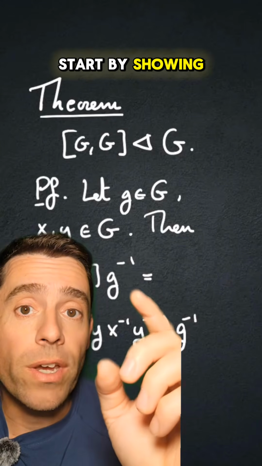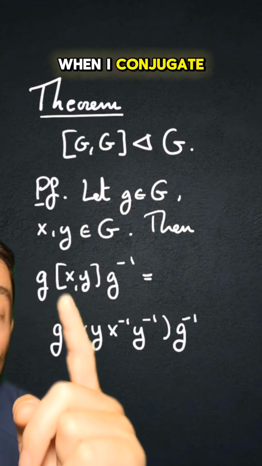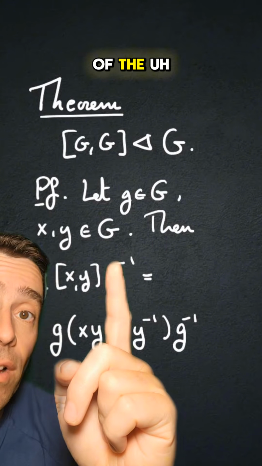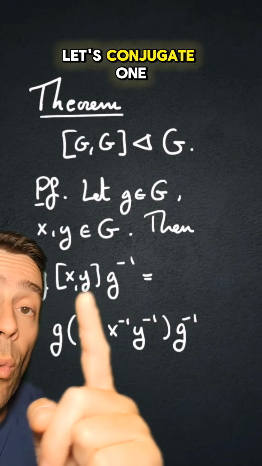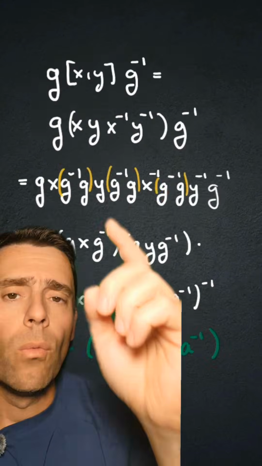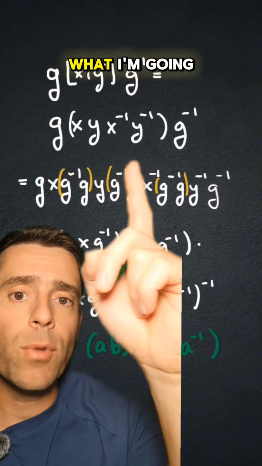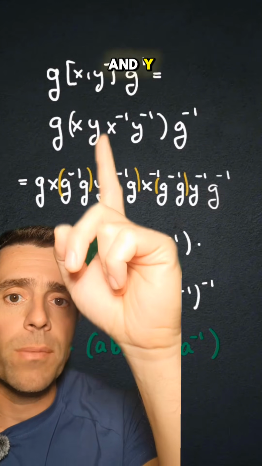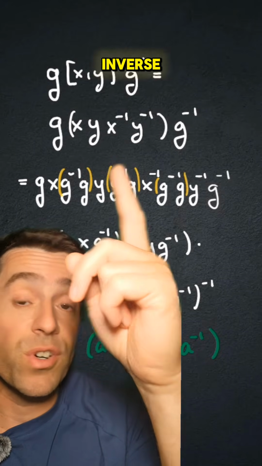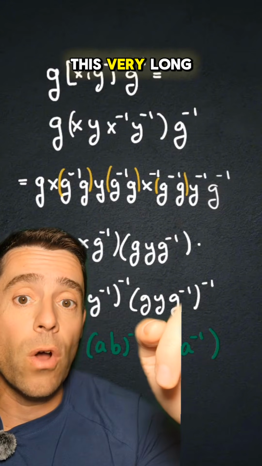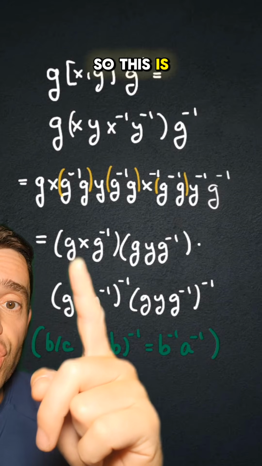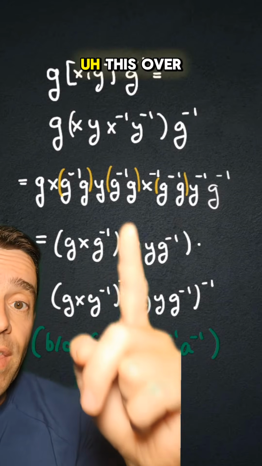I'm going to start by showing what happens when I conjugate one single commutator element. So let g be in G, let X and Y be elements of the group G, and let's conjugate one commutator element. So I get this, and let's see what happens. When I conjugate one commutator, what I'm going to do is introduce between X and Y, between Y and X inverse, and in here also, I'm going to multiply by g times g inverse, which is the identity, to get this very long expression. But then I'm going to regroup, so this is g X g inverse,